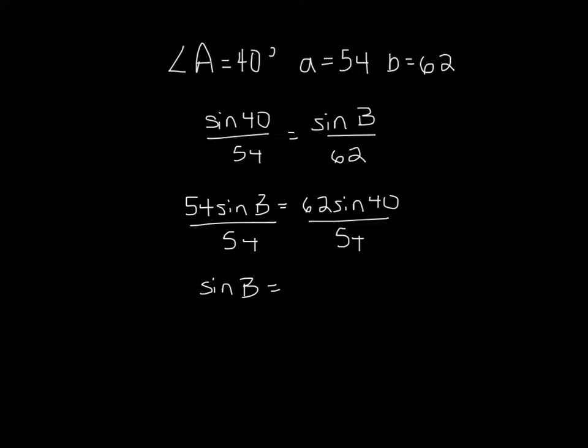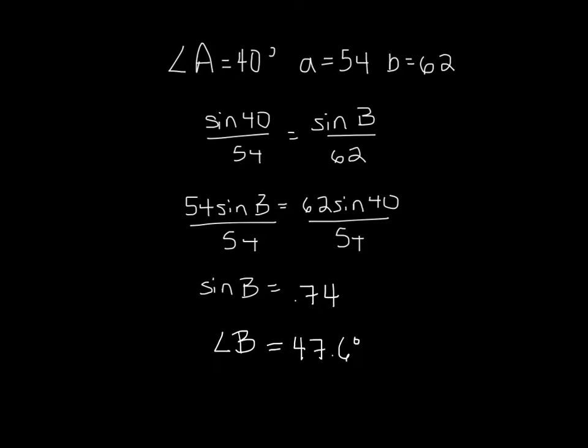Sine of A over A equals sine of B over B, remembering that the angle goes with sine and the side goes underneath. I cross multiplied and got 54 sine angle B equals 62 sine 40, and I divided both sides by 54 in order to get sine alone. When I type that into my calculator, I get that the sine of B is equal to 0.74, and I'm just rounding this because I'm going to go ahead and use my calculator and do second sine, second answer, because I'm solving for an angle and I don't want to round. And I get